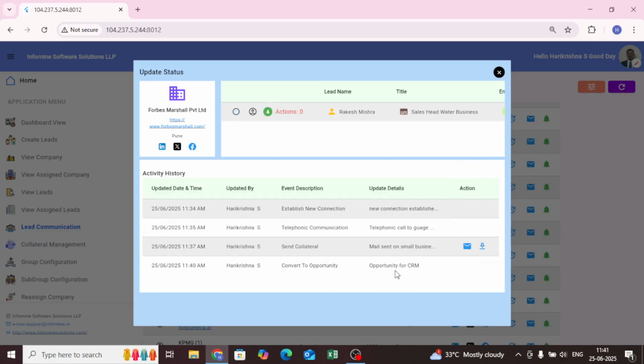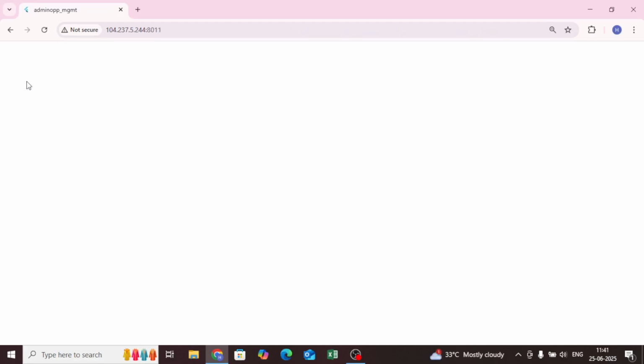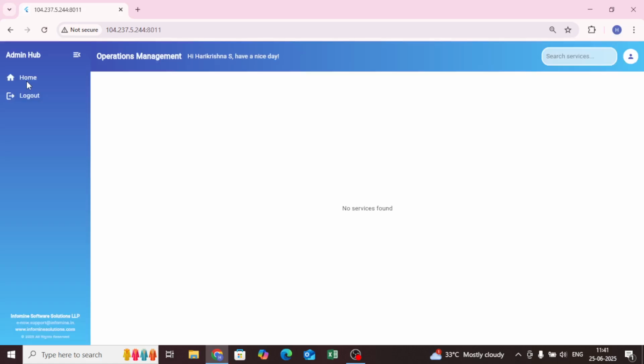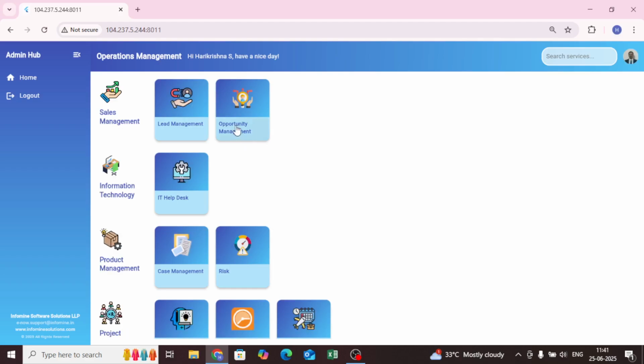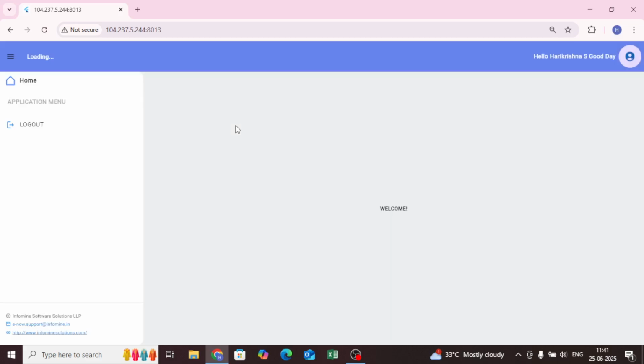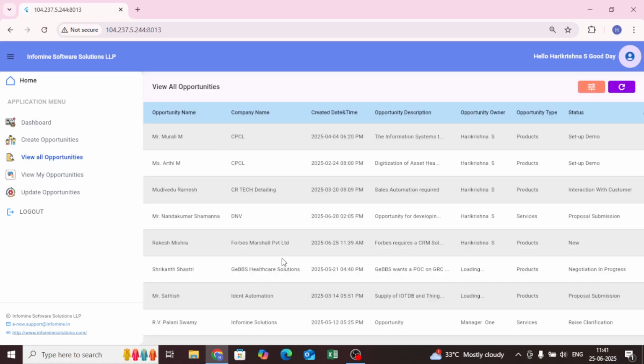So I have put it here, opportunity for CRM. So now, if I go into the opportunity management, I'm just going inside the opportunity management now. So you can see if I go into the opportunity management, this opportunity will be there. If I look at view all opportunities,